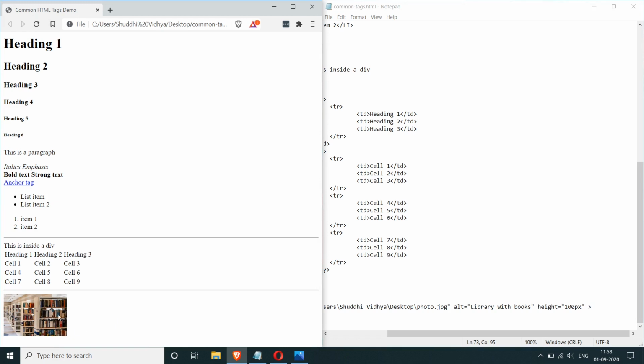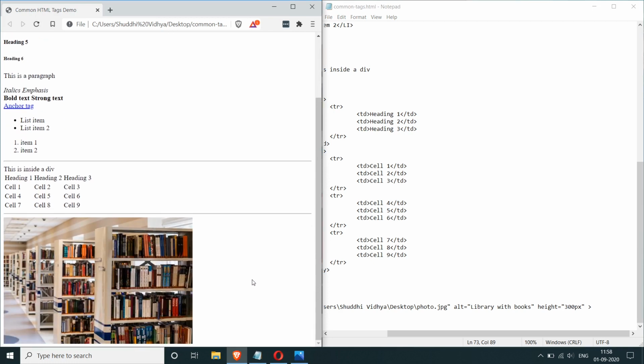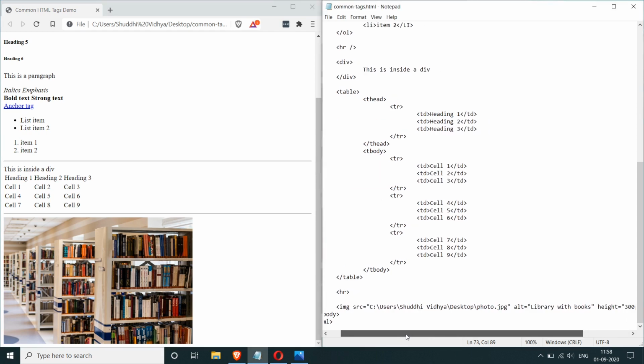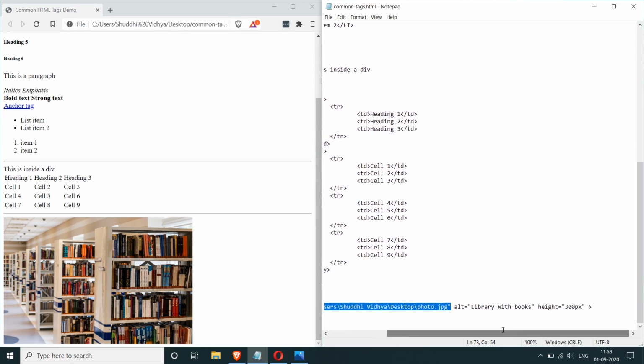The aspect ratio is restored, and you can also try doing something like 300 pixels, which is more reasonable for this image. So you can see that the image is now rendering properly, and you have these attributes here to specify the various aspects of the image. Here we have the location of the image, which is essential for the image to get rendered properly. And then you have the alternate text, and it's a standard for you to use this when you're using the image tag. And then there's the height, which restricts the size of the image.